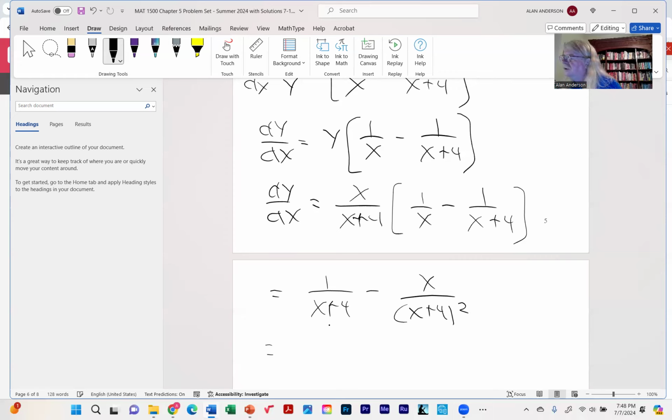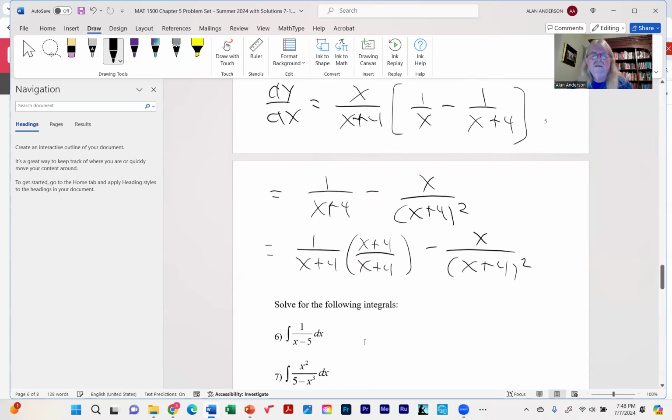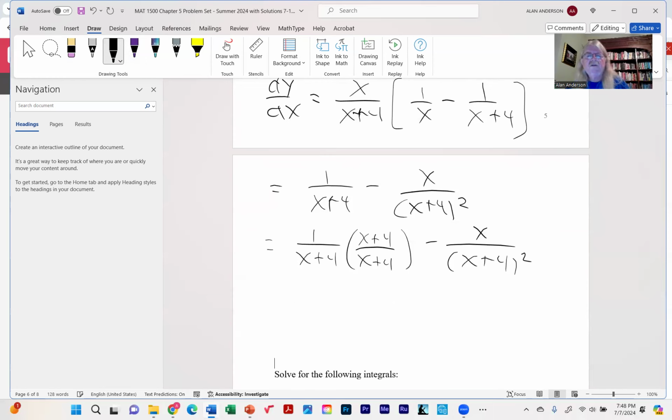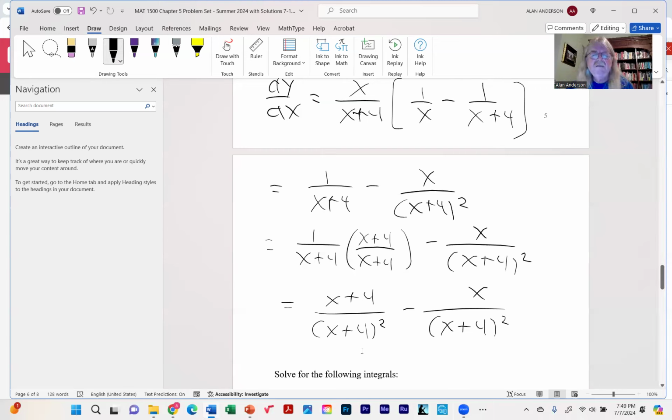And then if you wanted to, you could multiply this by, and so you're going to end up with x plus 4. So now we have a common denominator, and we end up with